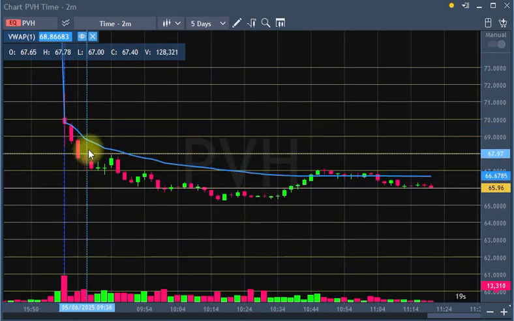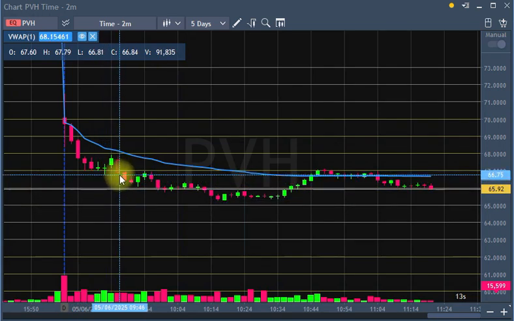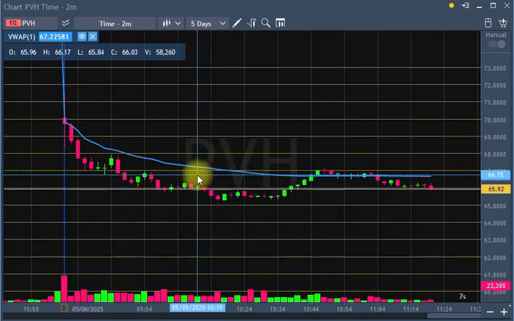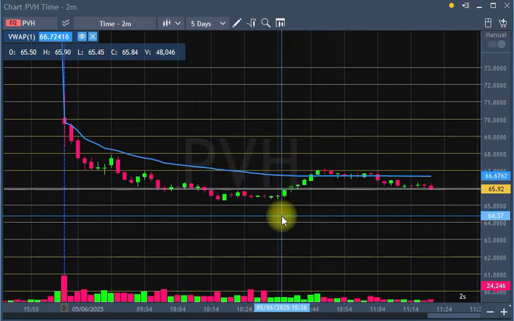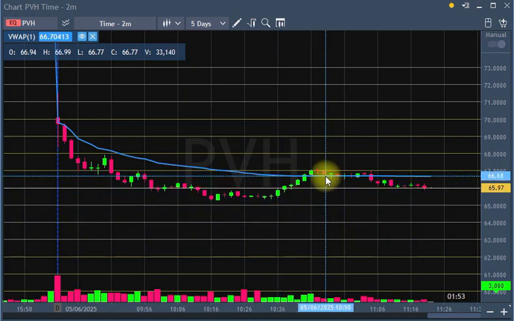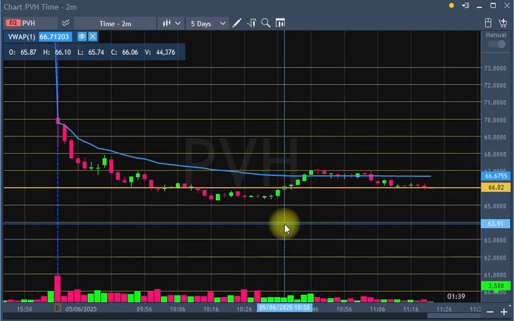So, a nice initial move and breakdown in the morning session, then a reversal from the lows, a move back to the VWAP area, and now down again. It should have been traded again. That's a good strategy to follow on weak stocks coming up to the VWAP, shorting them at the VWAP, assuming the risk isn't that big. In this case, the VWAP is at 66.65, let's call it, and the risk is up to the 67. So 30 something cents, 0.5%, definitely doable.